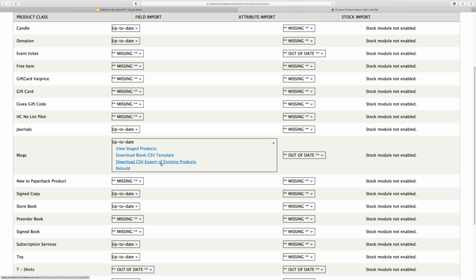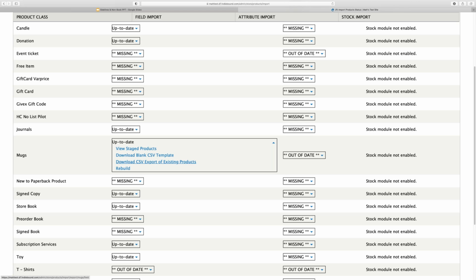And then we also have some options here to download a blank CSV template. And we can also download a CSV export of existing products. These can both be handy options. When you're starting for the first time, you'll probably want the blank CSV. If you want to make changes in bulk, a handy option can be to download the export, and then you can go through it and make changes using tools in Excel that make editing potentially much faster than through the site, and re-upload. If you re-upload products that already exist, it will update those products.